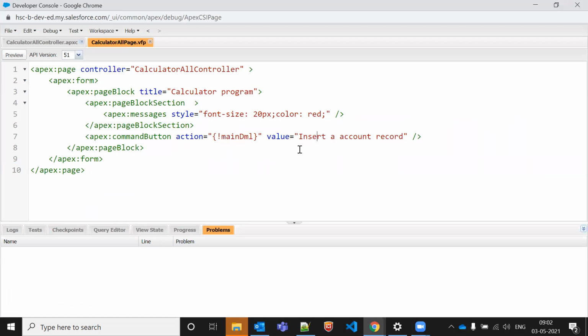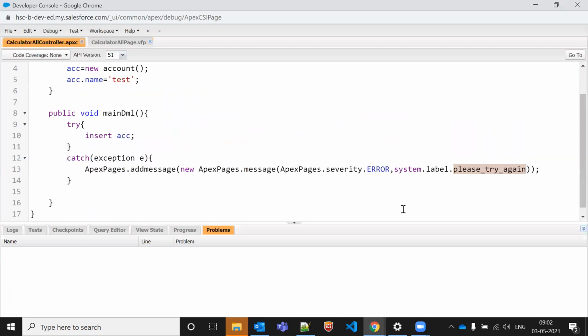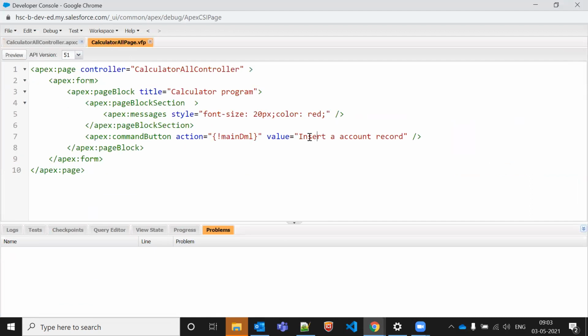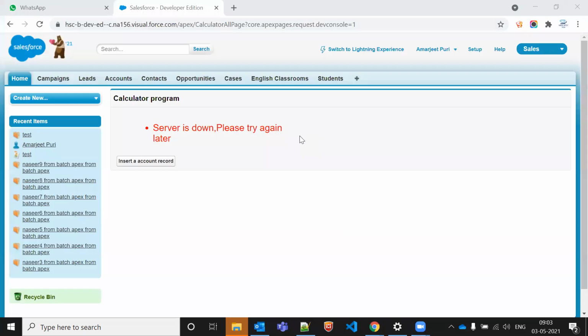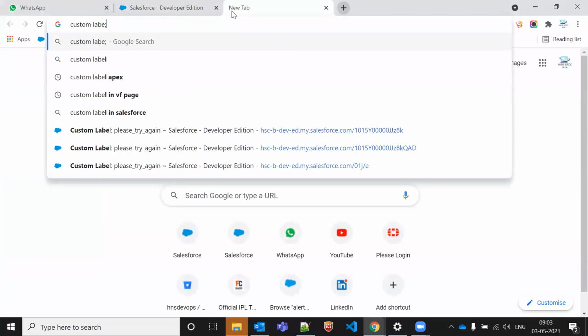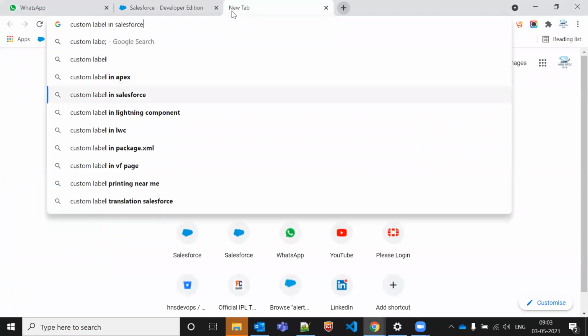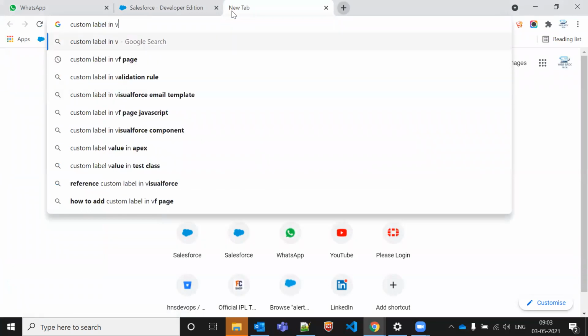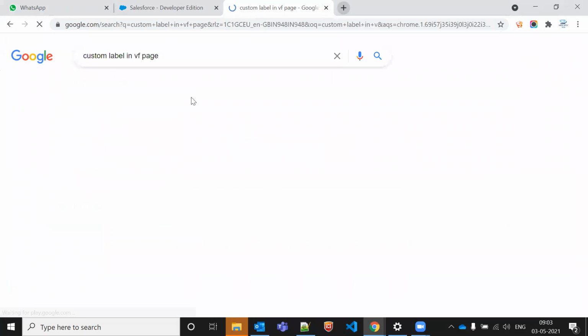So let's say I'm using these things here, system.label. This name, right? So if I want to do it here as well, I'll do it like this only. So there is some dollar. Let me just check the syntax. Custom label. This is the first page.